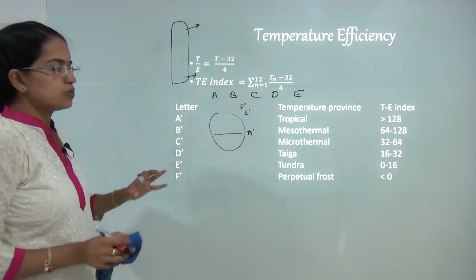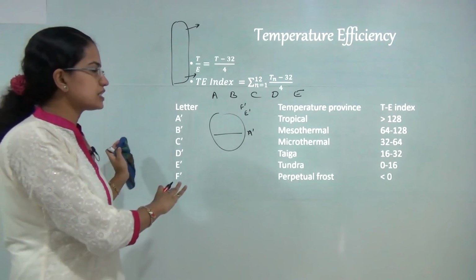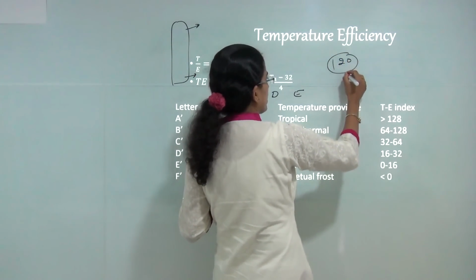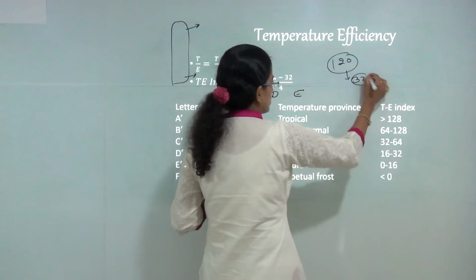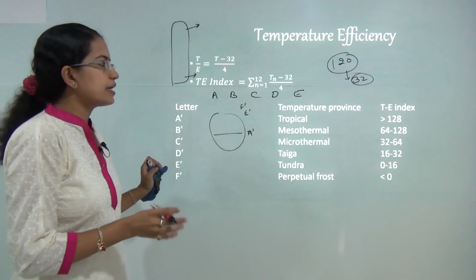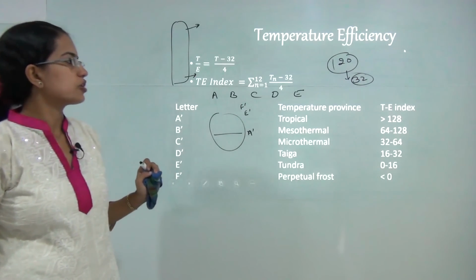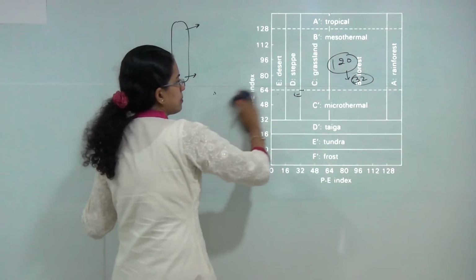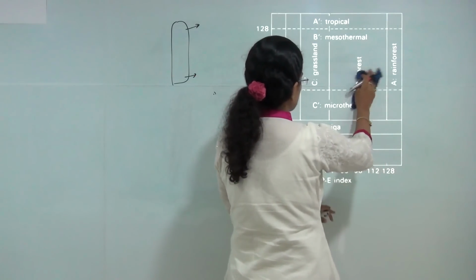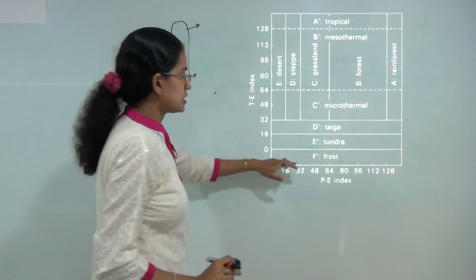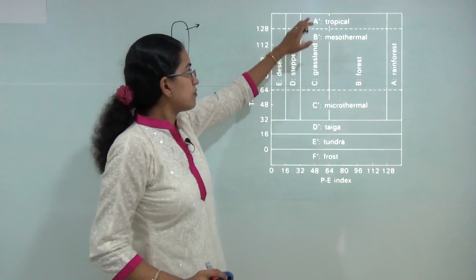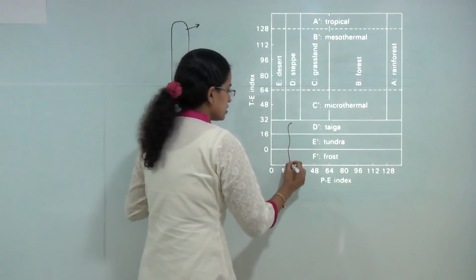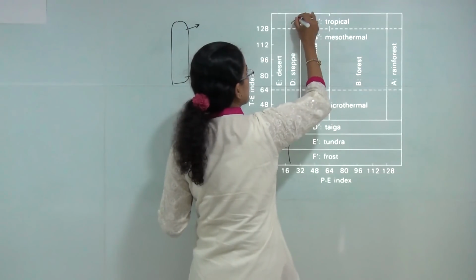Based on these two, the precipitation efficiency and temperature efficiency, he laid forward 120 climatic zones, out of which on the real earth or real world he could find only 32 climatic conditions. So he marked those 32 climatic conditions, and when he tried to map his PE index by TE index, that's the precipitation efficiency and the thermal efficiency, he said the regions from D to F and A are absolute in terms of thermal efficiency. So they are just governed by thermal efficiency.